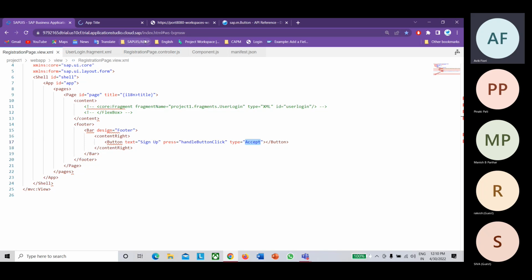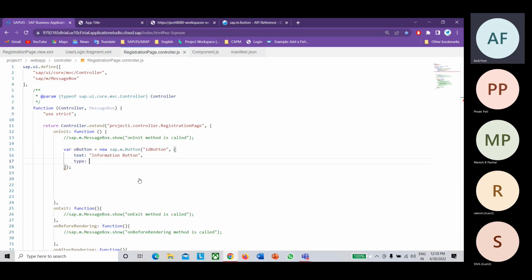But if you're designing the button from the controller, you cannot directly add it in double quotes like this.